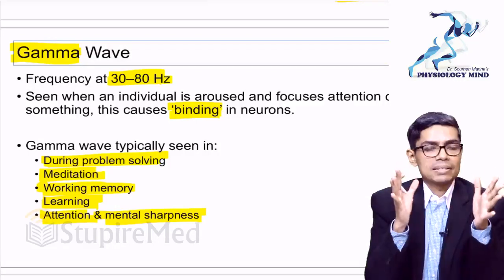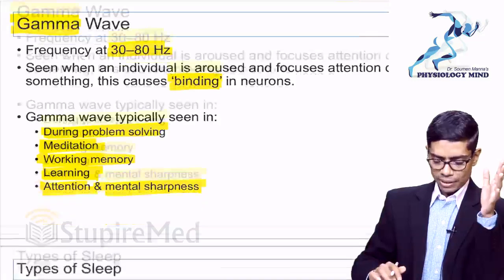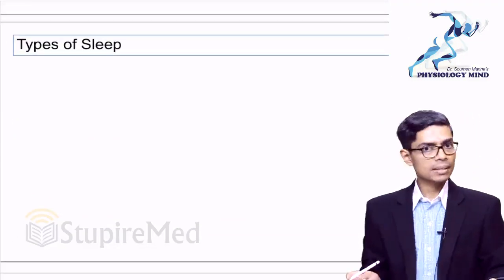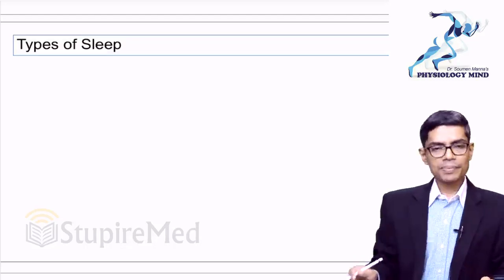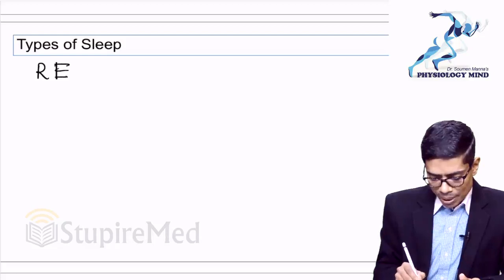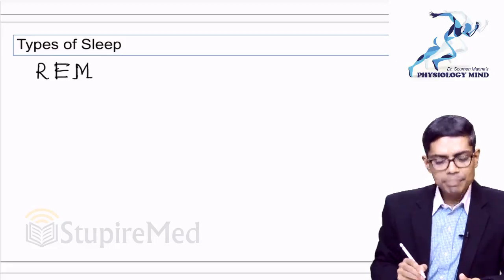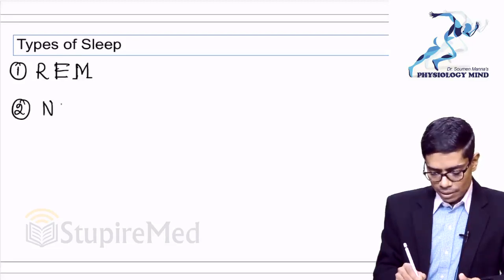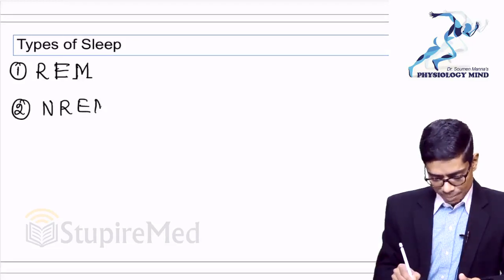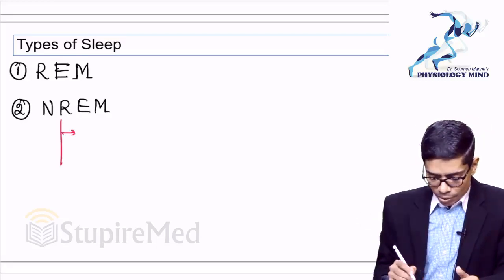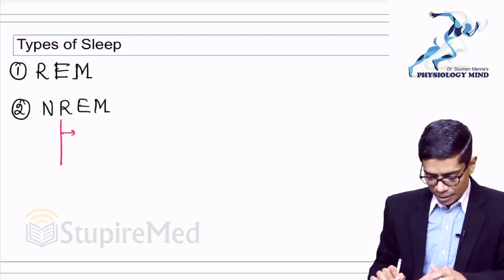Now, after the discussion of different waves, we are going to discuss different types of sleep. All of us know that sleep is mainly of two types: rapid eye movement type of sleep, REM, and the second one is non-REM sleep. Now non-REM sleep is also divided like this: